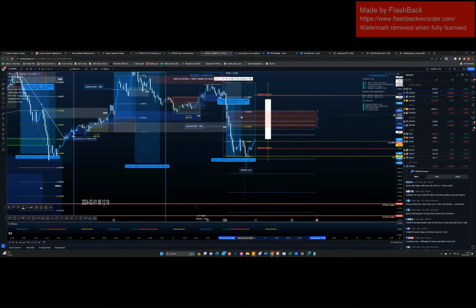But the best POIs are always high of day or daily extreme, I should say, and the liquidity POIs where you can see obvious manipulation. Because the way I see smart money trading is that at the end of the day, the only certainty that we know in the market is that the market is going to be manipulated. And if you can see manipulation, the footprints of smart money are that they're just going to come back and mitigate the manipulation. They're not going to take it out. And we're just trying to get on the footprints of that. That's the whole concept of smart money trading.